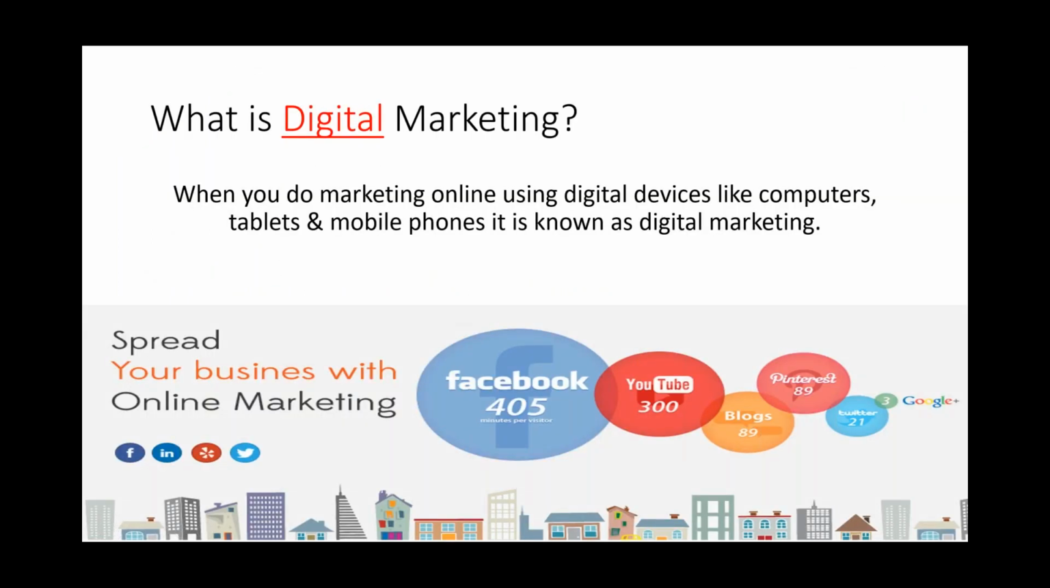So what exactly is digital marketing? When you do marketing using the internet, using digital devices like mobile phone, laptop, desktop, it is known as digital marketing. So you need to have internet, you need to use digital devices, that's it. What would you do? You do marketing, advertising, selling, promotion, interaction, branding, any kind of thing you do via internet using digital devices is